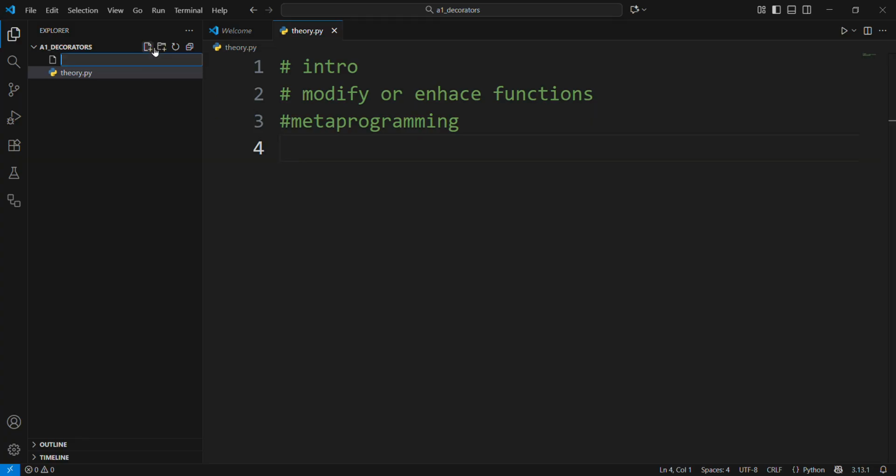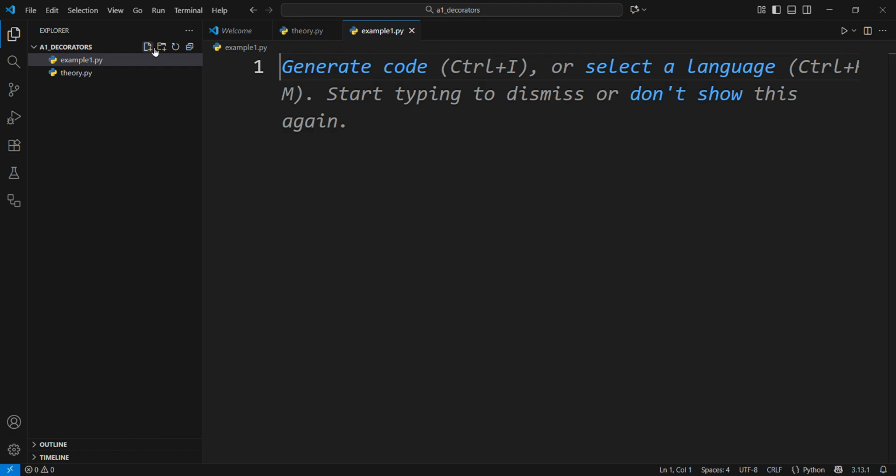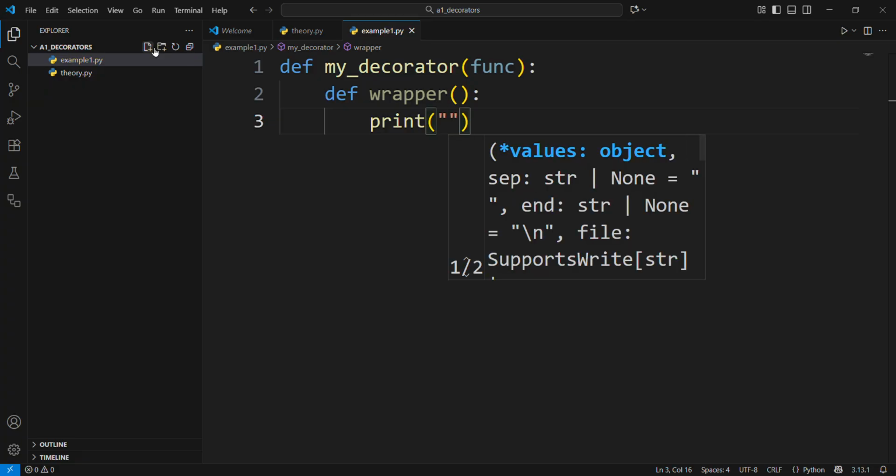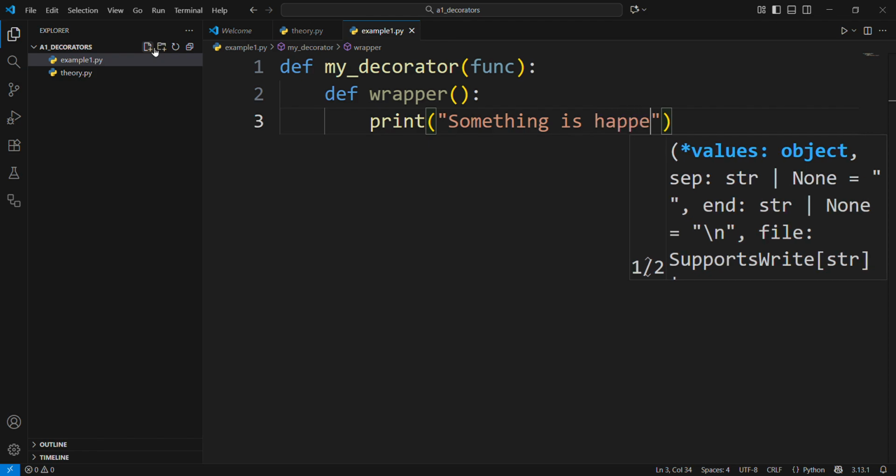Let's understand it by an example, example1.py. For example, let me take a function, def my_decorator, and in it I am giving func, another function that I will create later, and def wrapper. Inside it, let's print something: Something is happening